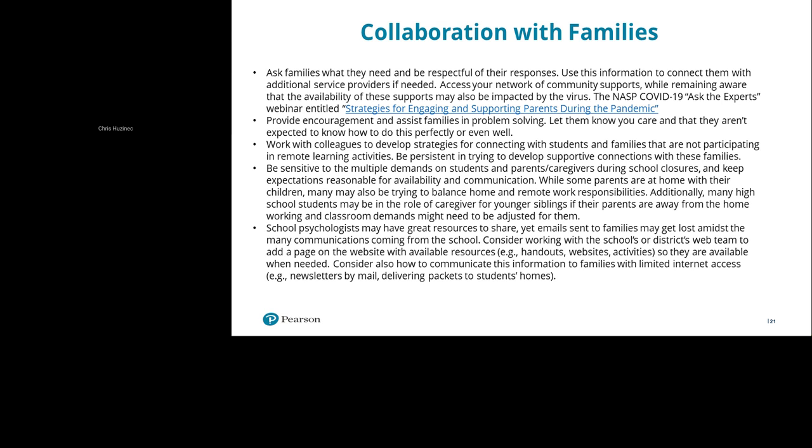Our high school students may have a role providing care for older parents or grandparents or younger children in the home. Also, school psychologists should consider working with schools or district web teams to add a website where available resources are listed, in case emails do not get through to all of the parents or caregivers.